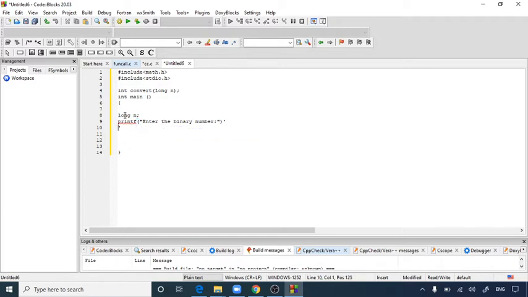It has only 2 digits in it, that is either 1 or 0. And by using scanf, we are going to read the given number using %ld. ld is a format specifier for long values. So I'm going to put a comma, and here I'm going to put &n. So I'm going to assign the given value to n's location.